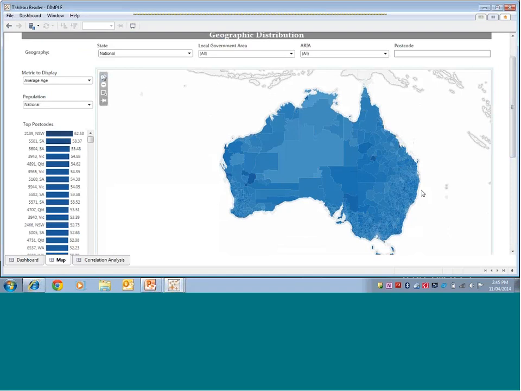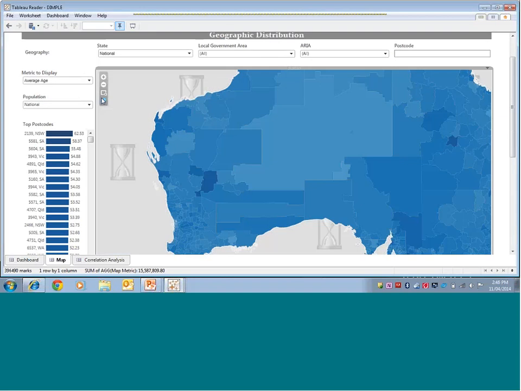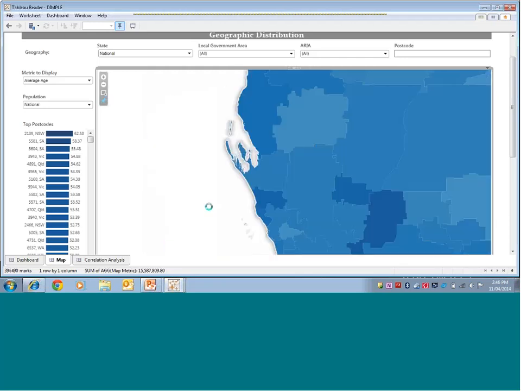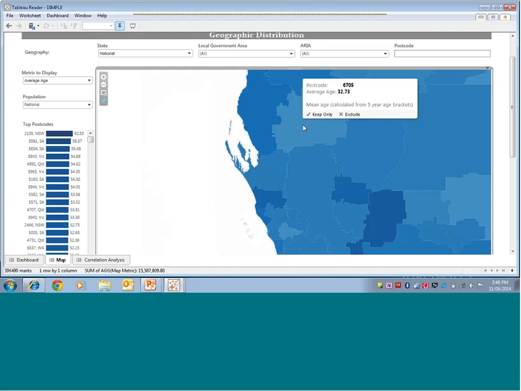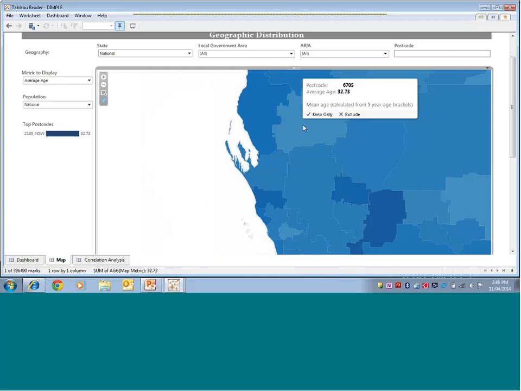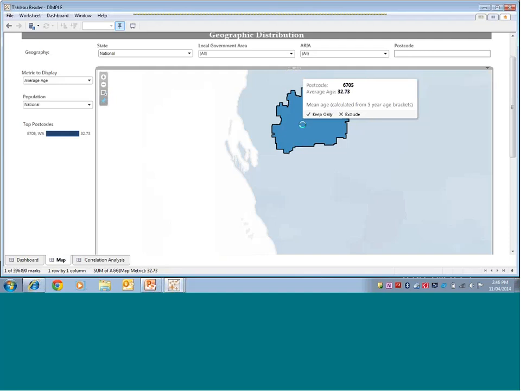Now with Tableau, you can zoom in on any map, you can pan and scan, and really filter into that demographic. Now what we've done here is we've built up postcodes and created boundaries using lookups in terms of the latitude and longitude of those postcodes, and then associated the demographic information with that postcode.